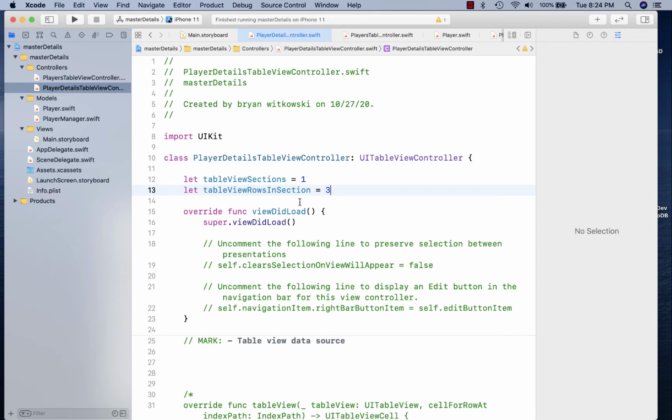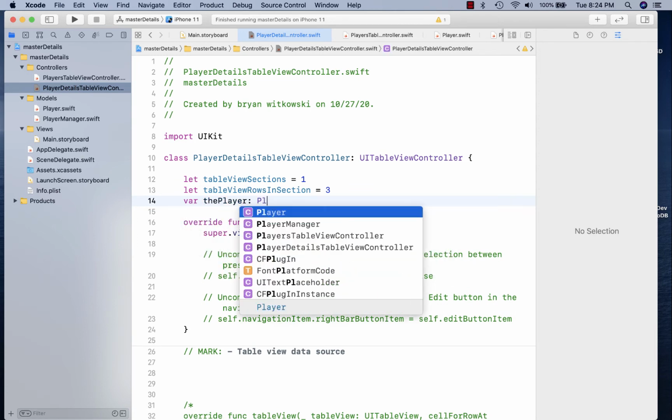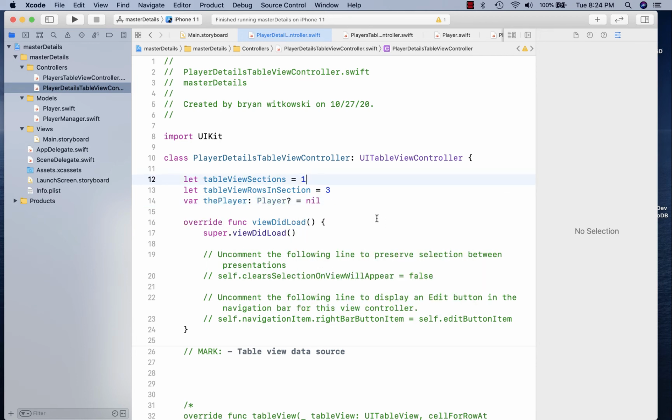Okay, so first thing I have to do is in my player details table view controller, I need a new variable called player, which is going to be a player instance that's optional, and I'm going to initialize it to nil by default. Okay, so the idea is that I'm going to be displaying a player, and I have to set up this instance variable that's actually going to store that player. Okay, that's going to be important. I have to be able to hand it off from my initial table view controller to the details table view controller. Okay, the way I'm going to do that is when I select that record